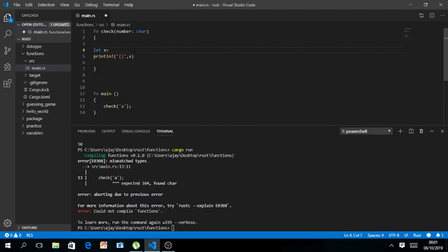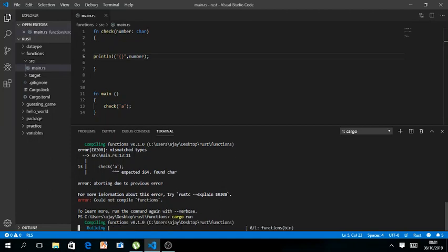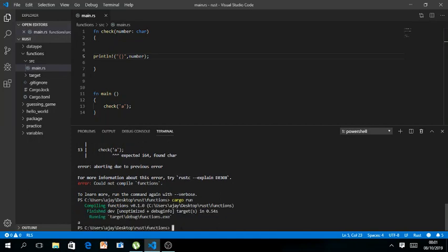So if I write a here and now let's print it, a will be printed. Here we have passed a and we have changed our data type to character, so a has been printed. Whatever the value you want to pass, you have to add the same data type in the parameter